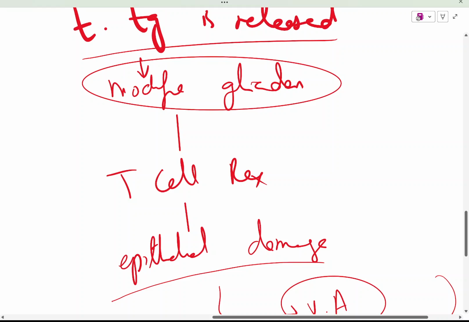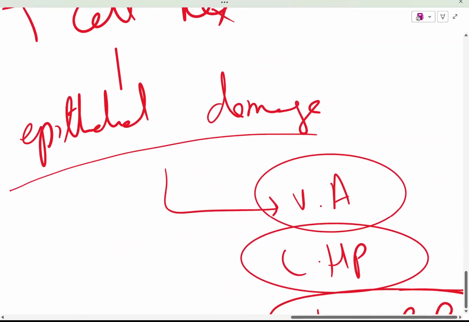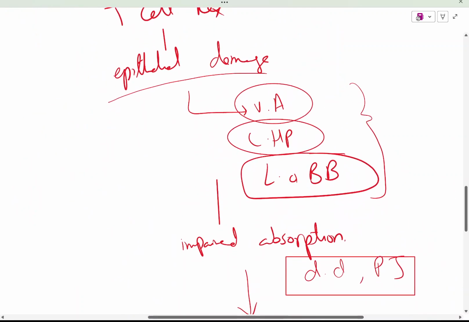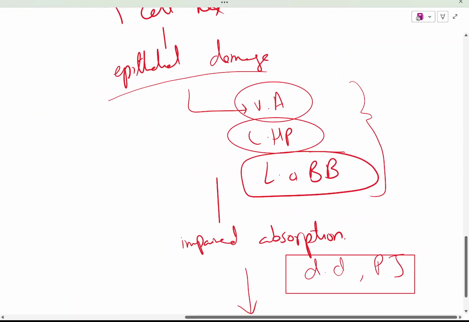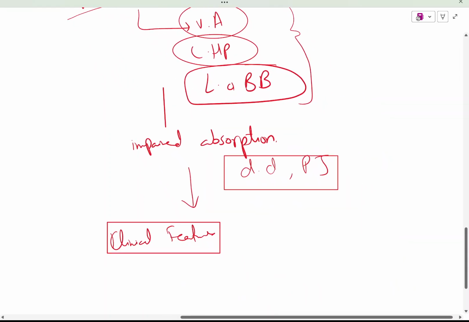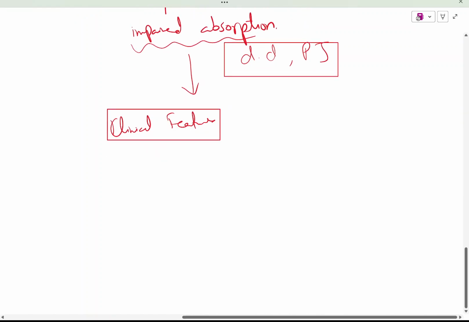These T cells react with gliadin and lead to epithelial damage. This epithelial damage leads to villus atrophy, crypt hyperplasia, and loss of brush border. This loss of brush border leads to no release of brush border enzymes. There will be malabsorption symptoms. How does the patient present